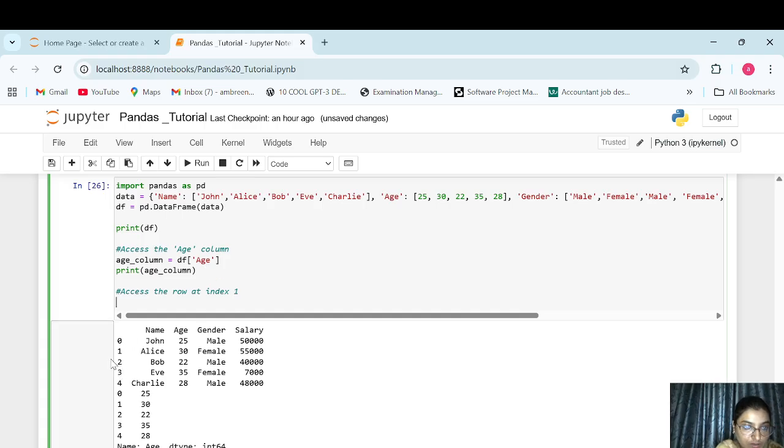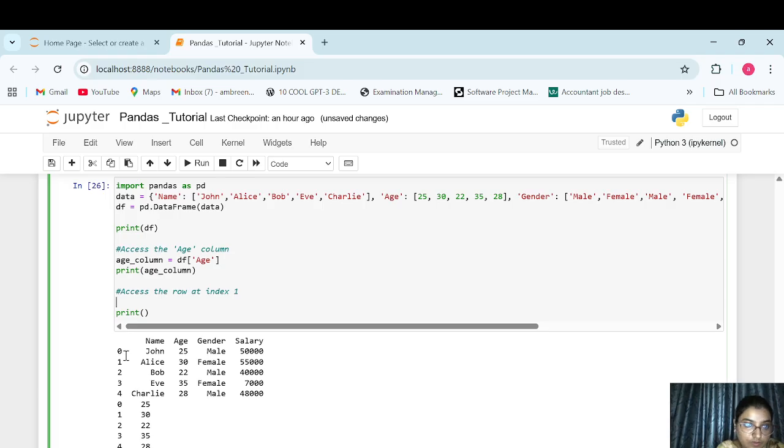Obviously we have seen the first row has index 0 and the second row has index 1. So print, first of all take this variable, second_row equals